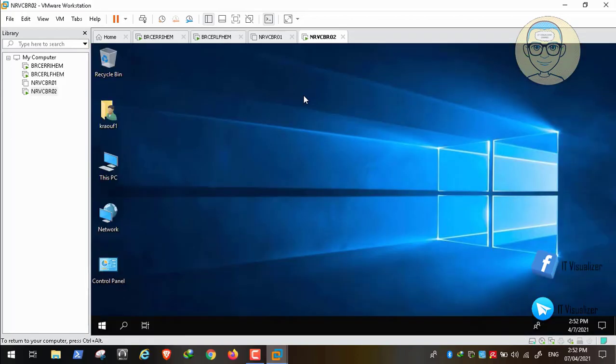Then we'll go to the second virtual machine and right click. Here we can see that Cortana doesn't appear. It is not there, and we will see also that the Windows Store is not there and Edge also is not there. You can notice this. It was integrated with Windows 10 Enterprise before, but Microsoft developed the new Microsoft Edge, and it is now